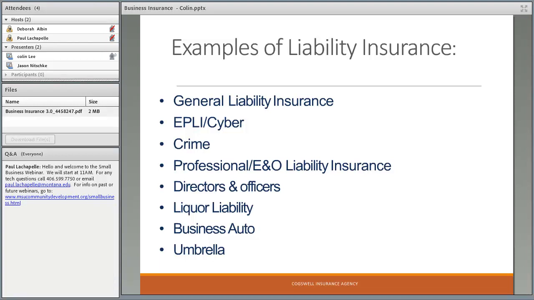So some examples of liability insurance. We talked about the common one, general liability insurance. That's the most common business insurance. And these others down below are stuff that might not be so common. It might be a little bit outside of the box, depending on what kind of business you do. So, for example, EPLI. What is that? That's your HR insurance. That's employment practices liability insurance, and that is going to be your HR insurance in the event that you had a wrongful termination